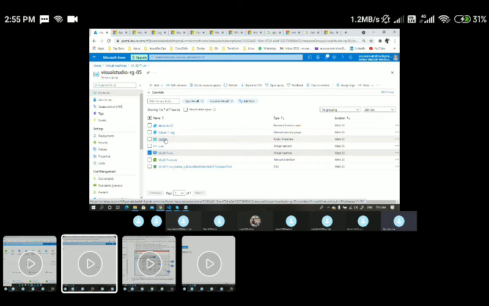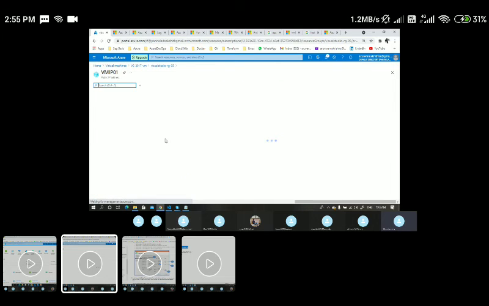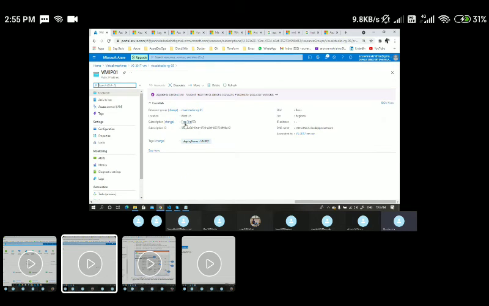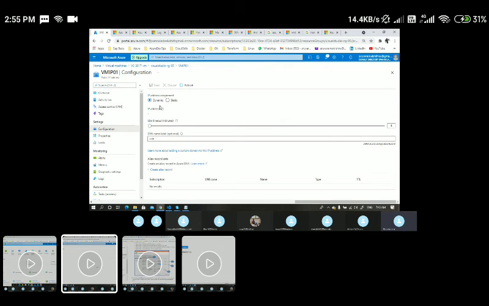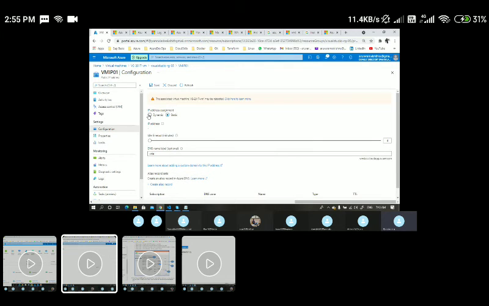So by default, if I go to this particular IP address, and go to the configuration, it is a dynamic IP. Let's say I'll make it static. When you keep it dynamic, it will keep changing whenever the VM is rebooted. And if you keep it static, it will be constant. Let me keep the constant IP here for now.